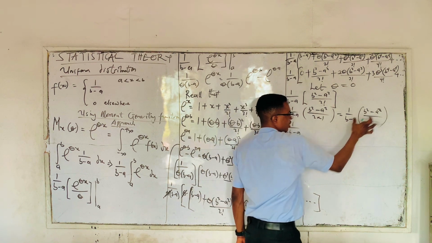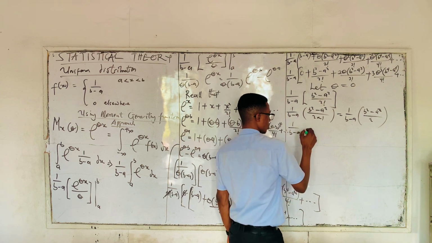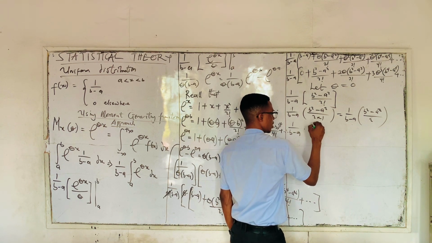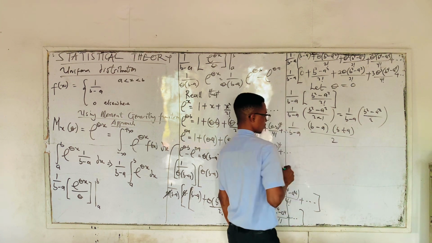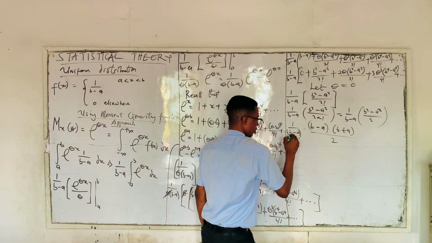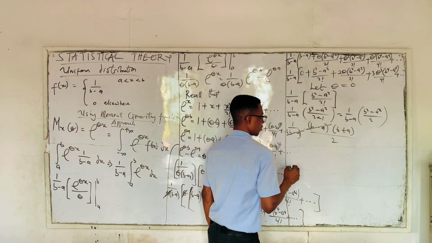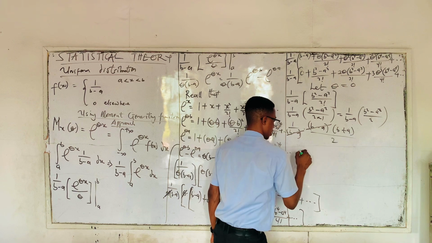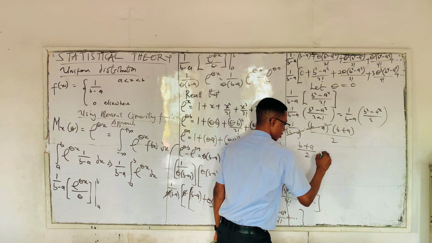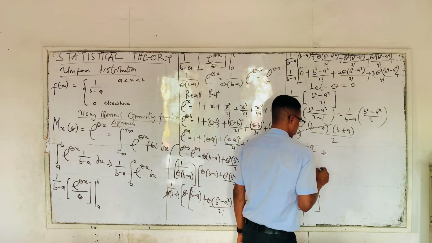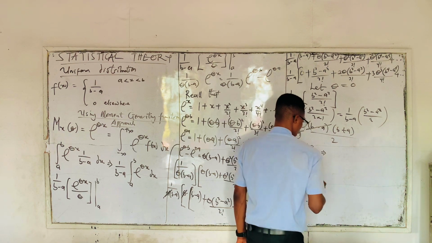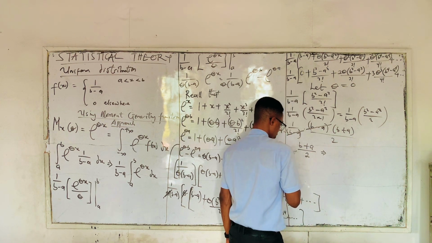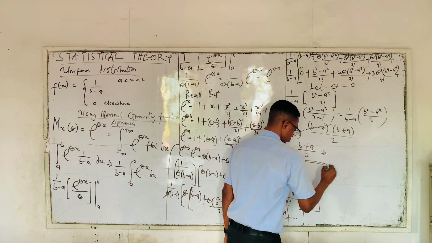We can write this b squared minus a squared as what? As b minus a, b plus a over 2. This goes with this. We are left with what? 1 multiplied by b plus a over 2. Therefore, the mean of the uniform distribution using moment generating function approach is b plus a over 2,